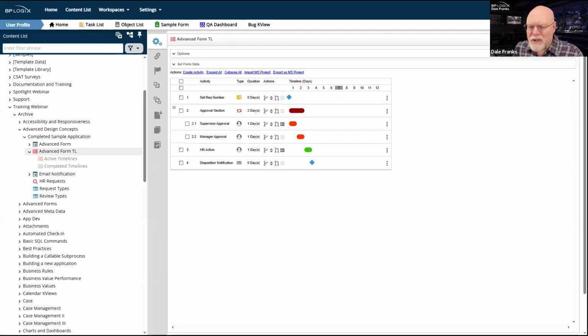Our first step in managing processes is to actually get some sort of overall look at how our process is working. Even if you never have to go into a process and make changes to it, you never have to go into a form and edit it or what have you, you still want to have some idea of how well your process is running in general.